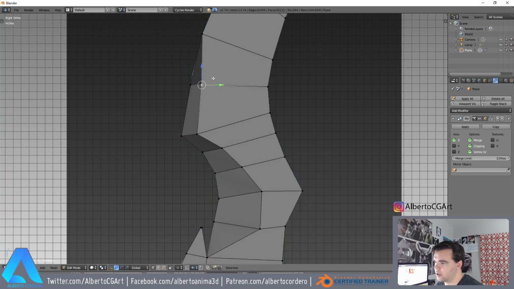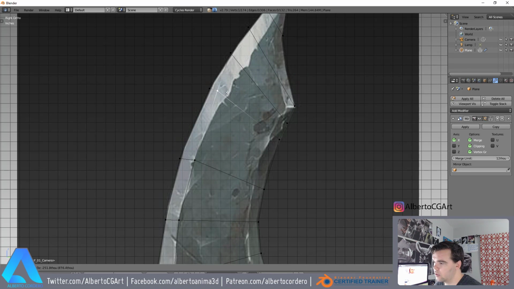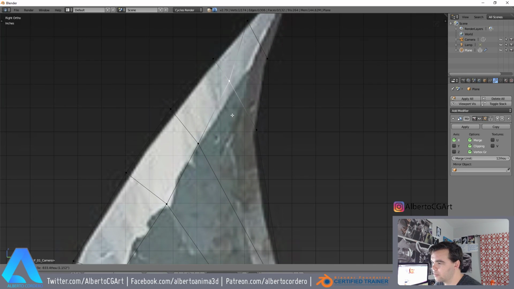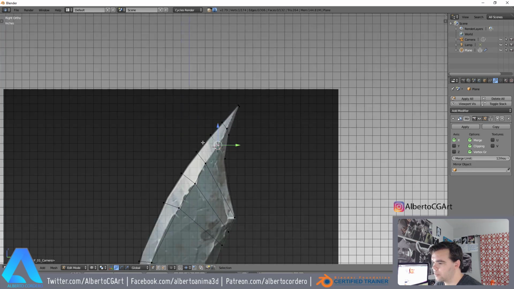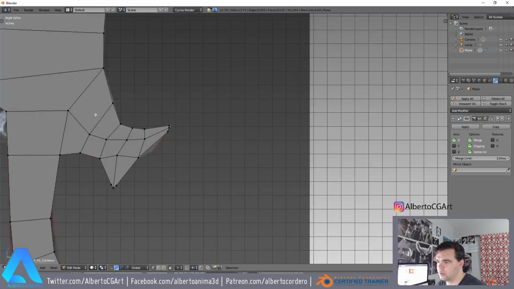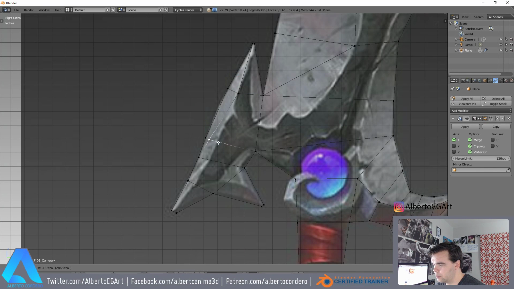Kind of like the sharp edge of the sword. Of course, it looks a little thicker, but it's fine because when we start sculpting,